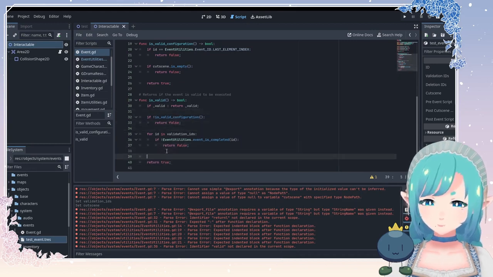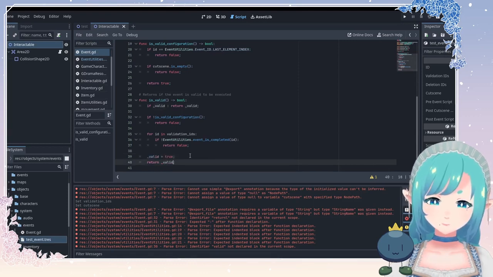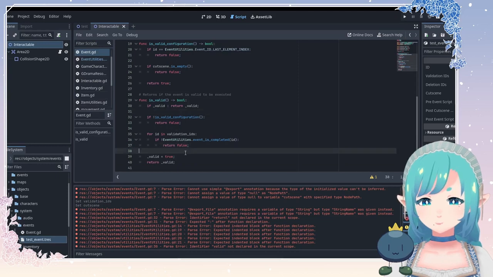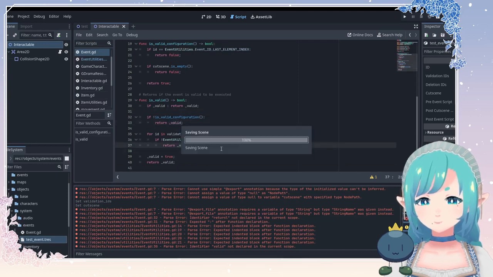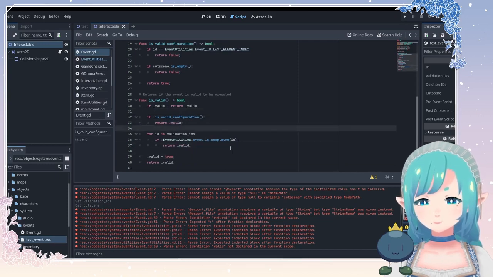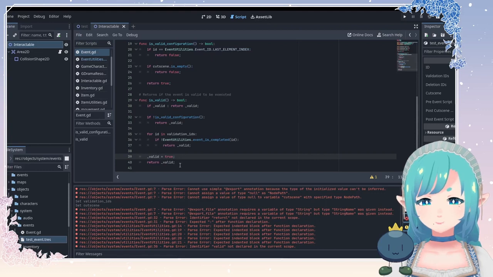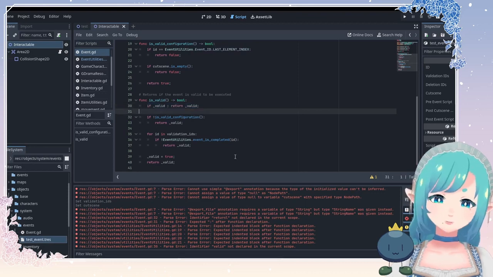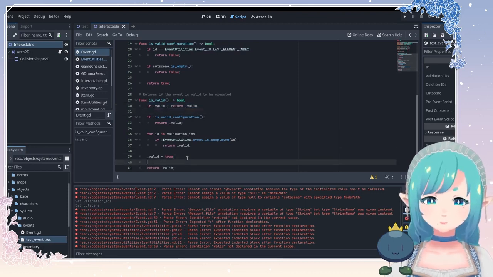And then down here we do valid equal to true, and then we return. So if we've already determined ourselves to be valid, it'll have been triggered true, and then we'll do